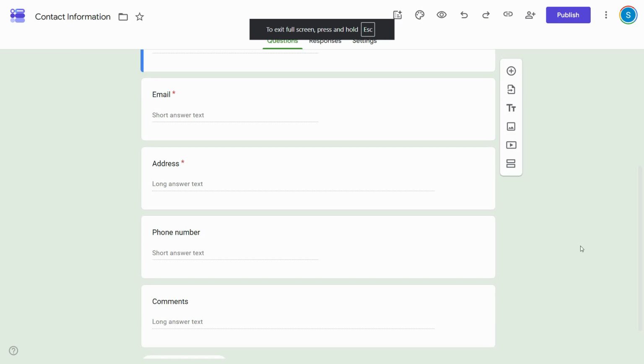In this video, we are going to see how we can remove any collaborators from Google Forms. So if you have recently added a collaborator and now you want to remove it, here's how you can easily do it. First of all, just open up that specific Google form where you have added the collaborator, and then